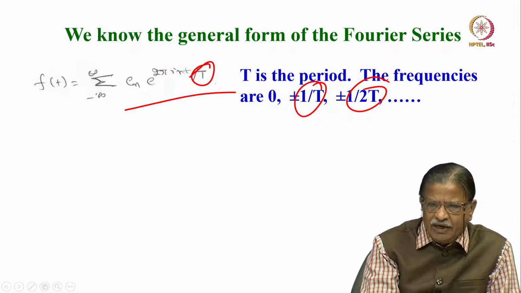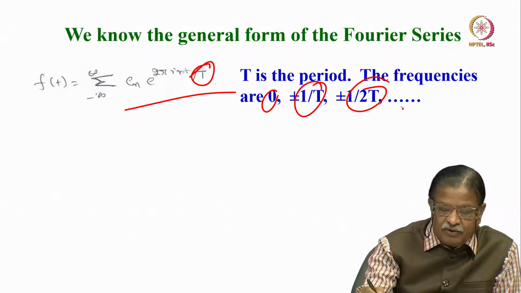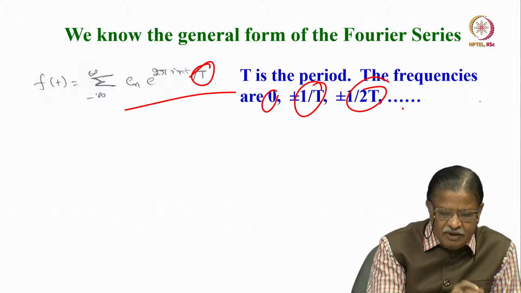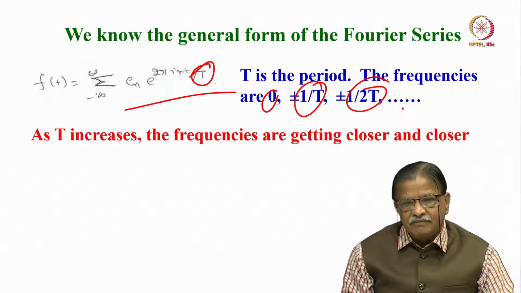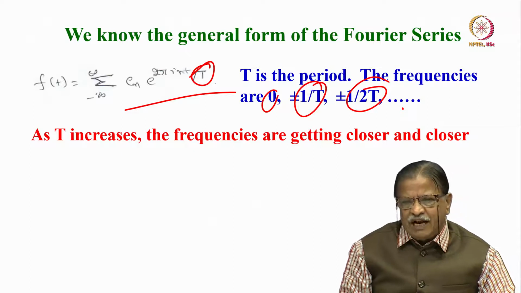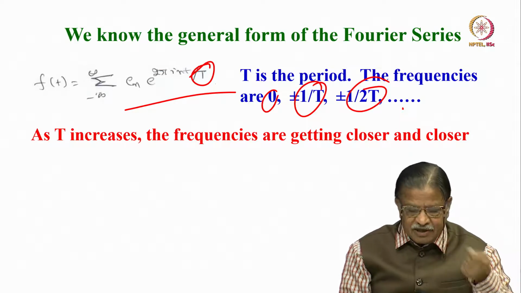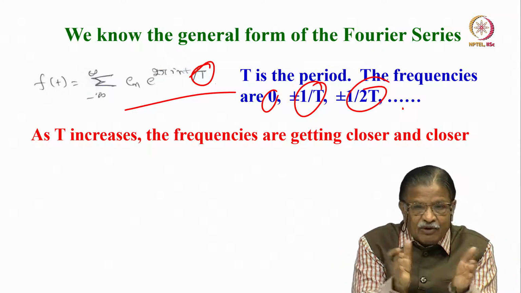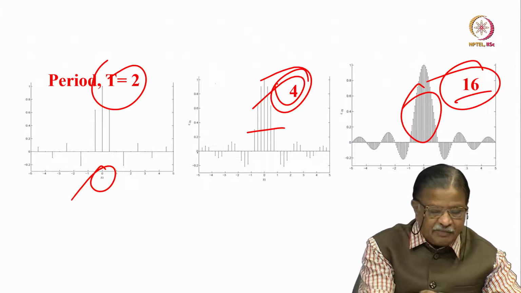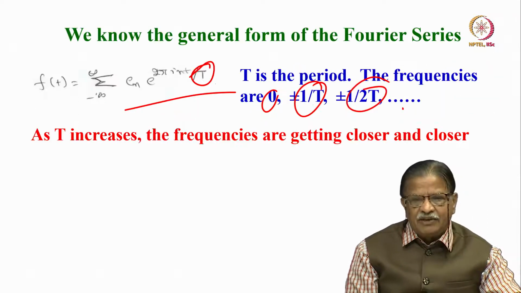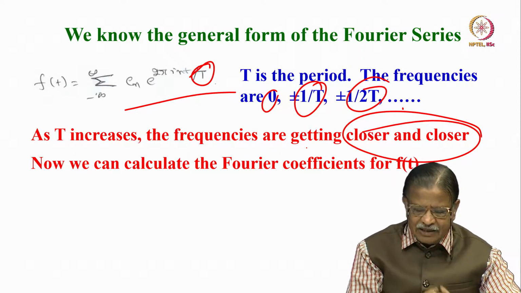If you know the period, I can calculate the frequency, which is 1 over T. So now the frequencies are 0, 1 over T, 2 over T, 3 over T, it keeps going. You can calculate for this capital T. As T increases, what is happening? We saw in the previous graph I showed you. As T keeps becoming bigger and bigger, larger and larger, the frequencies became closer and closer. You can see here frequency became very close, here well separated, here more dispersed. So that is the advantage. So when T becomes larger and larger, the frequency becomes closer and closer. Okay, that is a concept you understood.